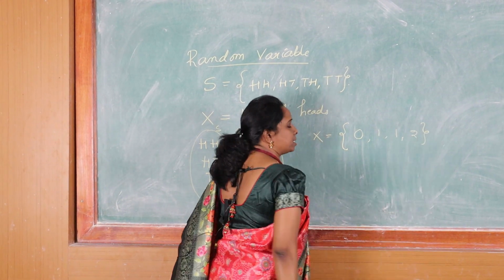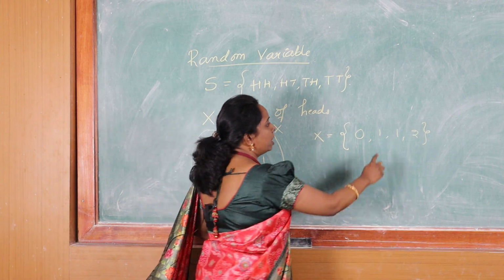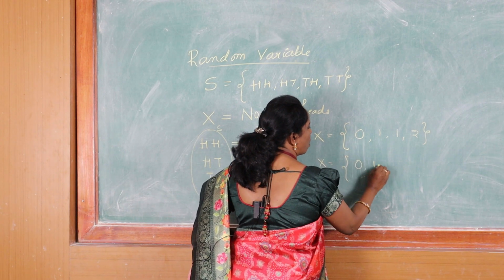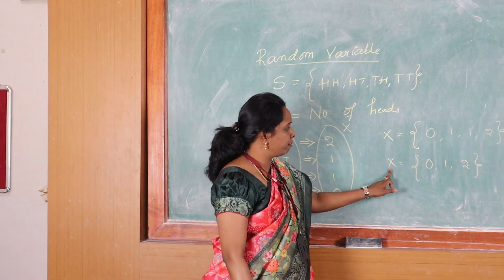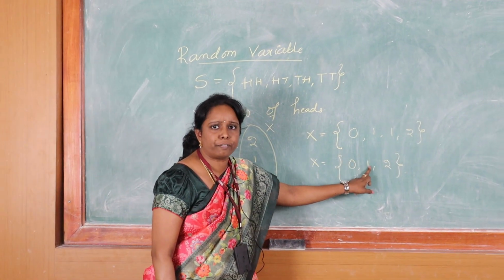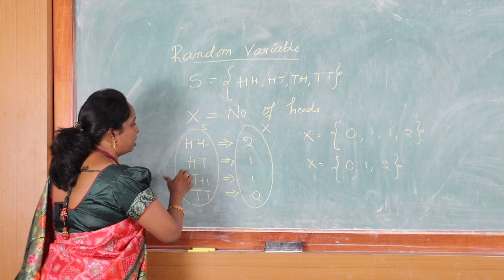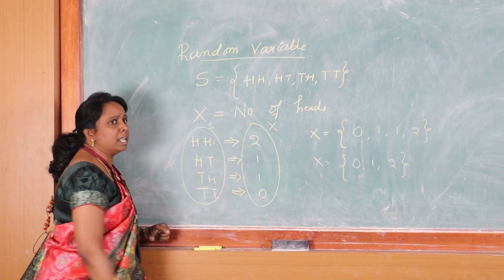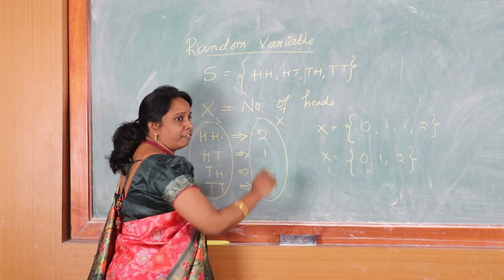But as I have already said, random variable contains only one real value for each. Here the number of ones repeating are 2. So I will take it as 0, 1, 2. So random variable is a set of values called a real valued function which is obtained by mapping each and every element of the sample space to a single real value. So this is an example when I take X as the number of heads.